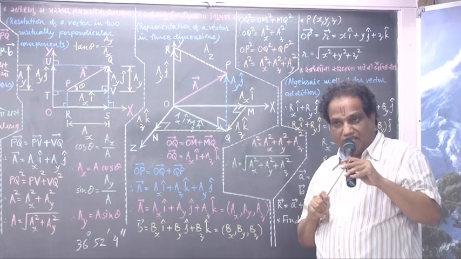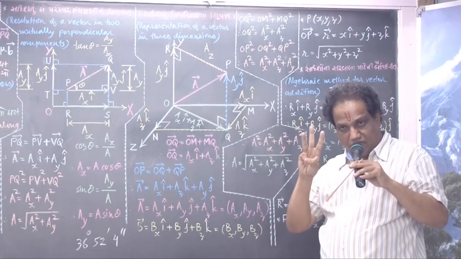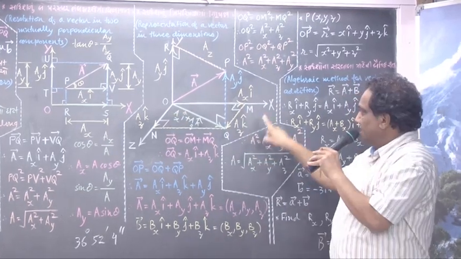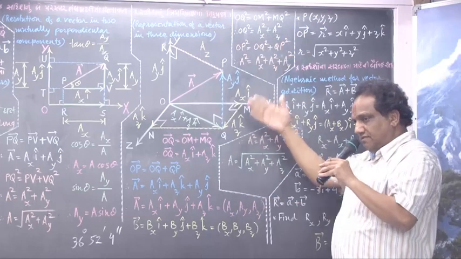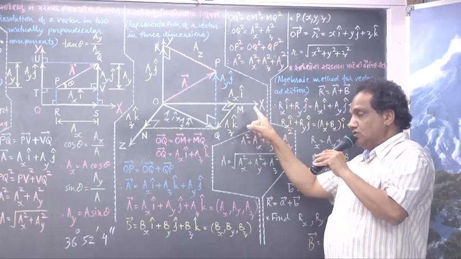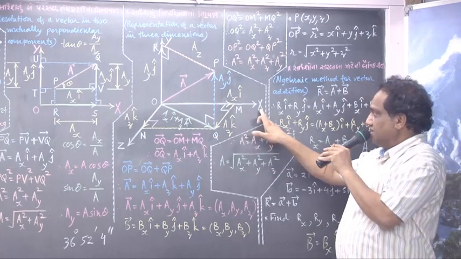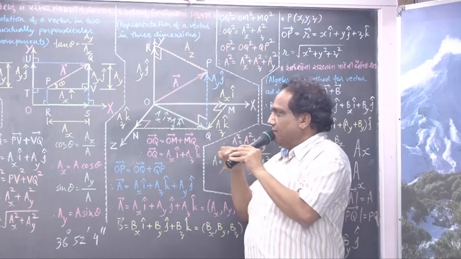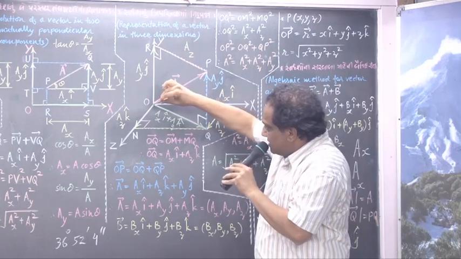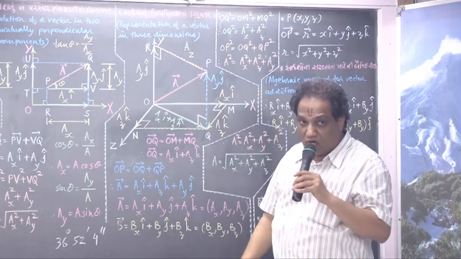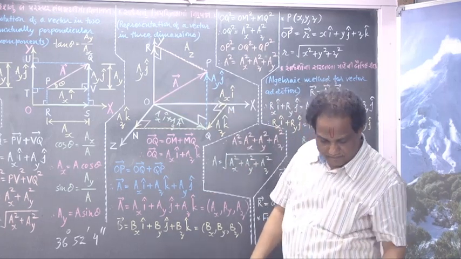Representation of a vector in 3 dimensions. It is an extension of 2 dimensions. Now take care. The board is 2-dimensional and I have to make you realize the concept of a 3-dimensional figure, so pay very nice attention here. This is, as usual, the x-axis. This one is the y-axis, and perpendicular to both is the z-axis. Think of the xz plane.